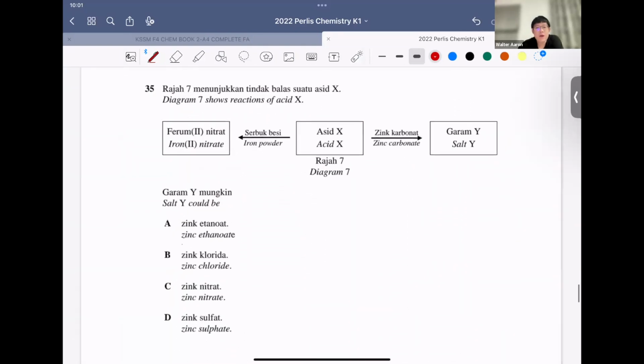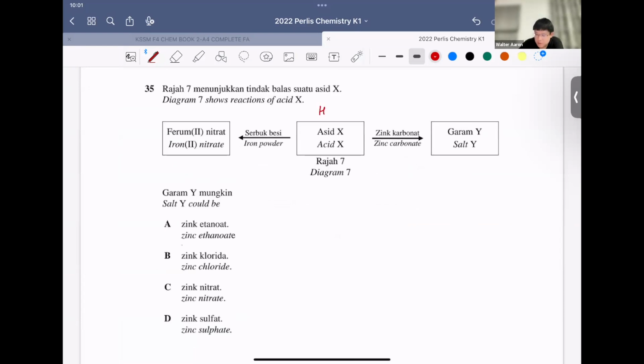35, diagram 7 shows the reaction of acid X. So here, acid X reacts with iron powder to get iron 3 nitrate, and acid X reacts with zinc carbonate to form salt Y. So I think very simple. Technically, for iron itself, reacting with a particular acid to produce a nitrate salt, in this case acid X should be HNO3, all right, which is nitric acid, because you know that if, for example, nitric acid reacting with iron,